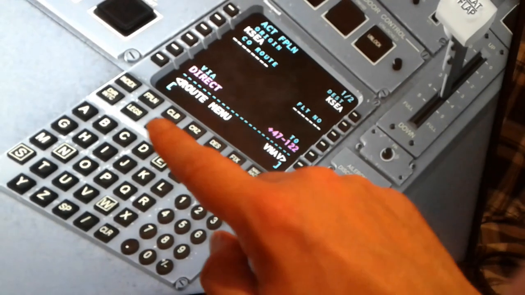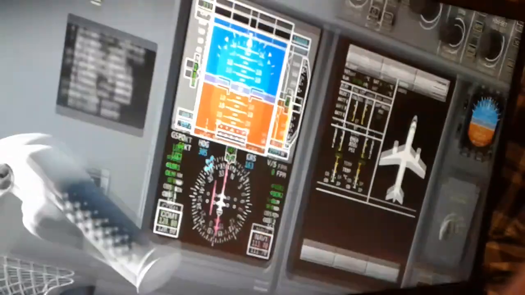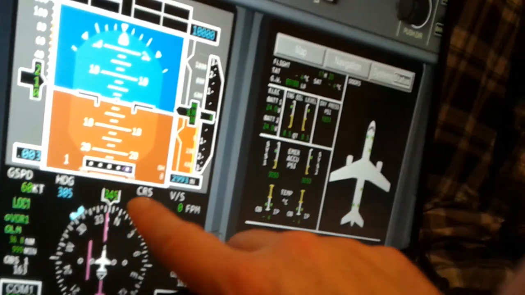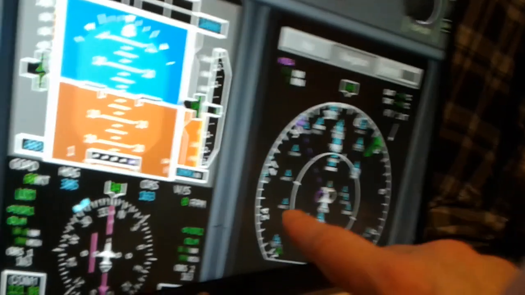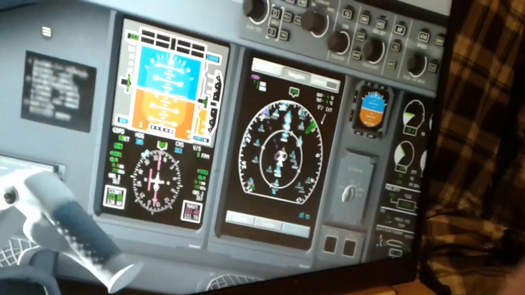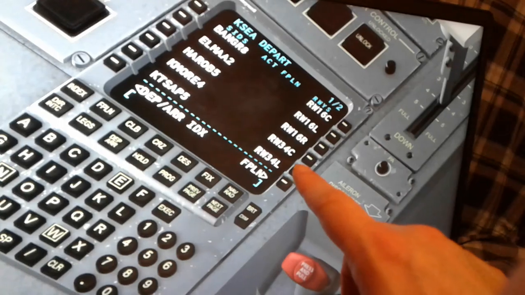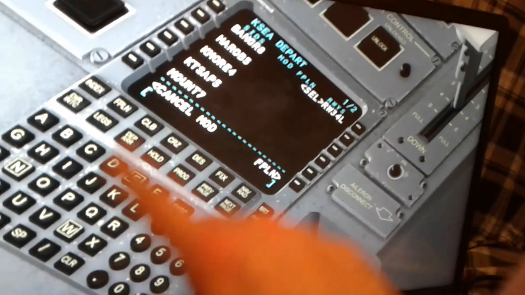Direct to, so we have departures, select departures, gonna use our own runway over here. Runway 34, so gonna use runway 34 left